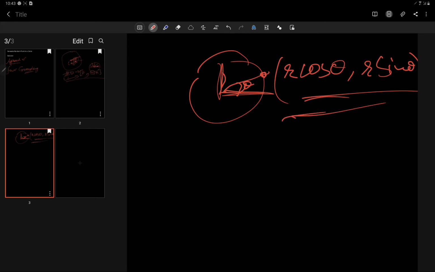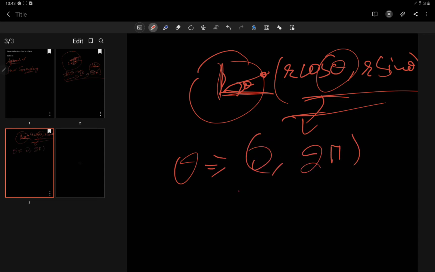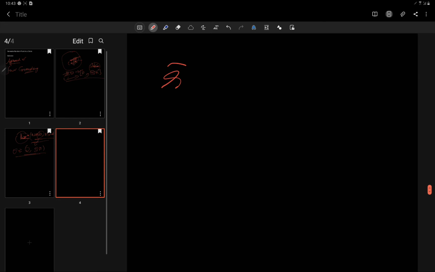So these are the basic concepts, and we will vary theta to get the points, and theta can vary from 0 to 2 pi. Alright, so this concept is for theta. Let's see for the different values of radius.